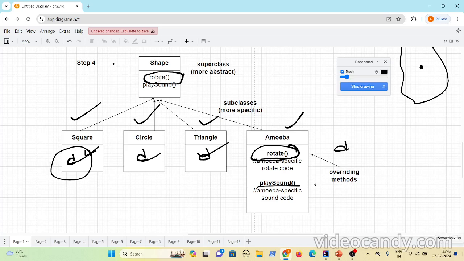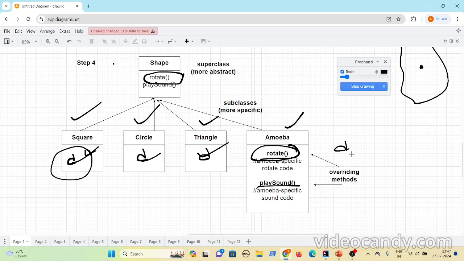So when you have some behavior that is common to multiple classes, then instead of duplicating the code, you can take out that common behavior and put it in the parent class. If your subclasses extend that class, the behavior is automatically inherited. And if any subclass wants its own logic, it can override the methods.